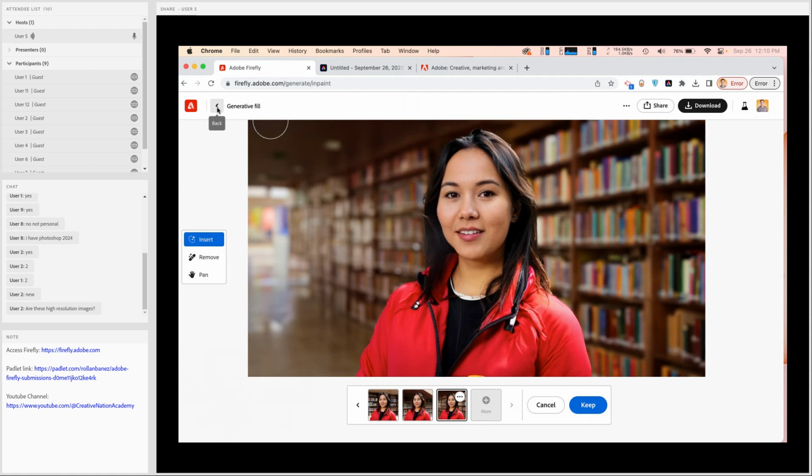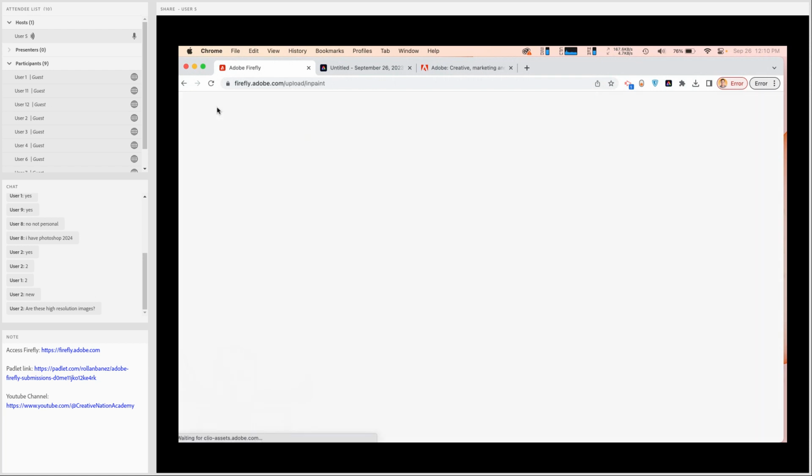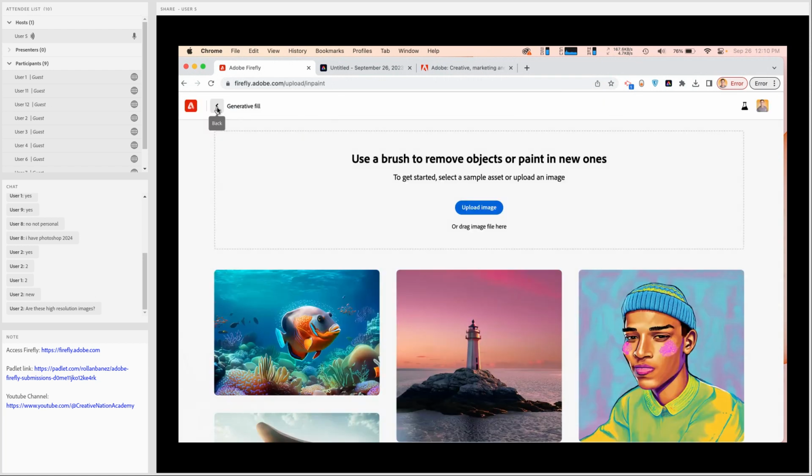Any questions about generative fill or any of the modules that I have already discussed in this session before we end? I still have 20 minutes, so is everything clear? Kindly comment number 3. And also you can upload your own image here if you have. Okay, thank you. Thanks James, thanks Dylan.